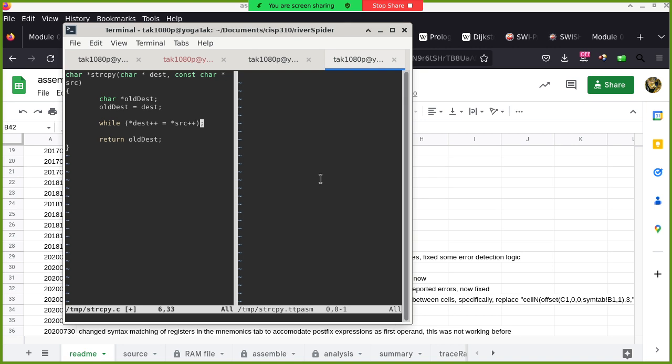So the first question is, are we dereferencing before it auto increments or the other way around? In other words, which way are we nesting? So I'll give you the two options here. Are we nesting this, which means we are auto incrementing whatever destination is pointing to, but the destination itself remains unchanged? Or are we